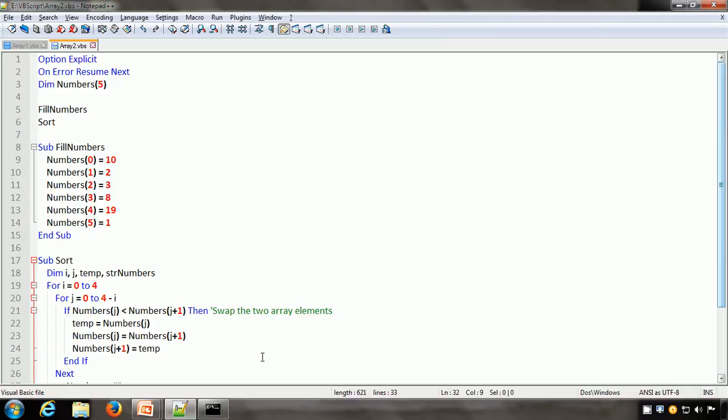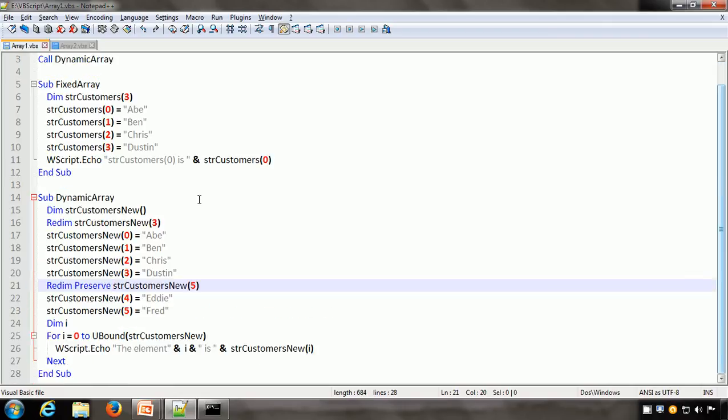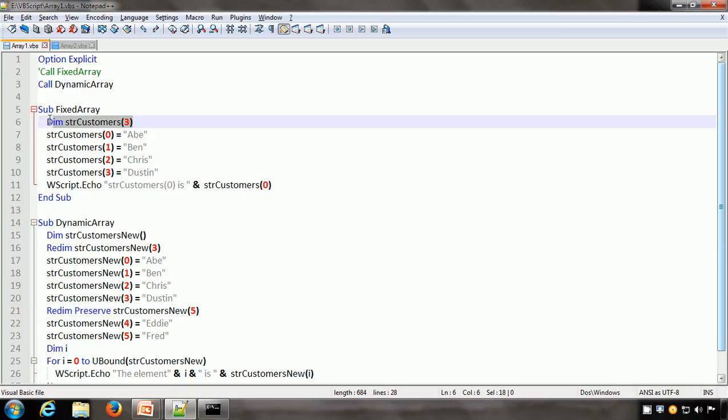So that is about arrays, and in this video we saw what arrays are. An array variable is a variable that can store multiple values. It is useful when we have a series of related values. There is a fixed array, which means that we declare how many elements the array is going to contain. Sometimes we don't know how many elements the array is going to contain, so we can have a dynamic array, and then we can set the number of elements in that dynamic array by using the redim statement. If you already have data in the array and you're using the redim statement, make sure that you use the preserve keyword, otherwise the existing data is going to be lost.